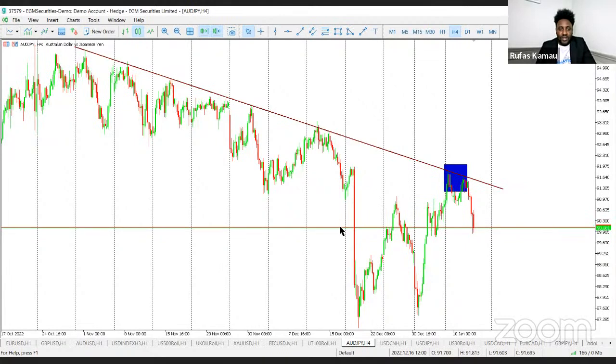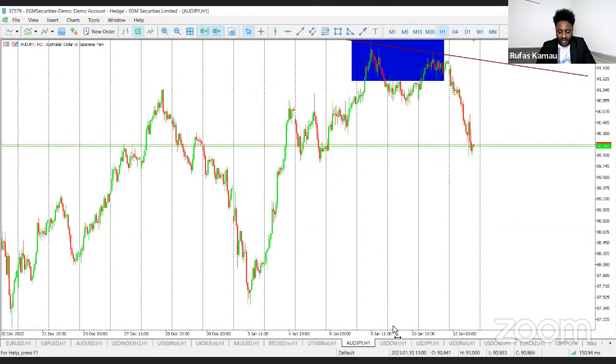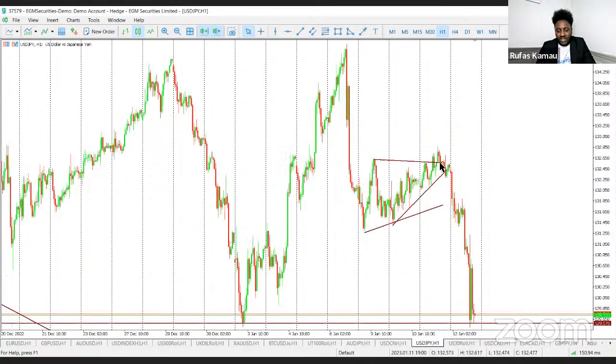And at the same time, you know that the Bank of Japan is beginning to review its policy of ultra easy monetary policy. So with this review, there's that potential that the Bank of Japan will be reducing its quantitative easing and now looking to tighten the economy. So inflation in Tokyo earlier this week hit 4%. So in this case, now we'll be expecting prices to strengthen, that is the prices for the Japanese yen. So this may explain why the Australian dollar is strongly losing against the Japanese yen. So all other JPY pairs have a similar movement, where the Japanese yen is strengthening against other currencies. In this case, it was strengthening against the US dollar.